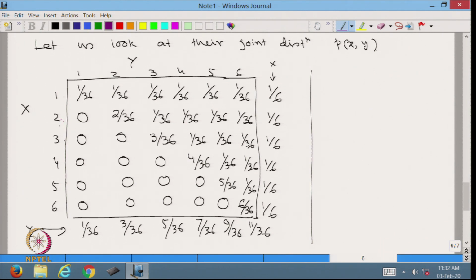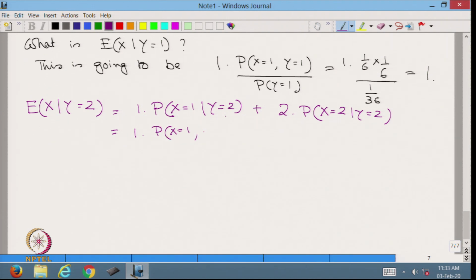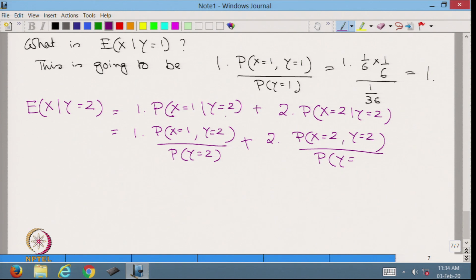probability x is equal to 1 and y is equal to 2. When x is equal to 1, probability of x is equal to 1 given y is equal to 2, plus 2 times probability x is equal to 2 given y is equal to 2, is equal to 1 times probability x is equal to 1 and y is equal to 2 divided by probability y is equal to 2, plus 2 times probability x is equal to 2 and y is equal to 2 divided by probability y is equal to 2, is equal to